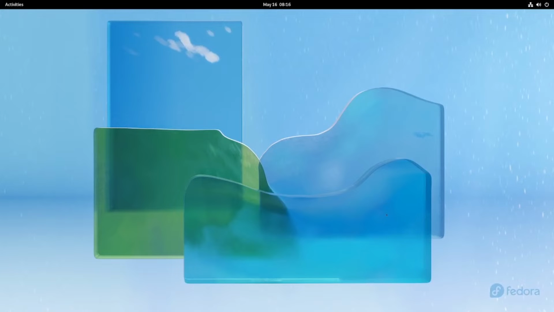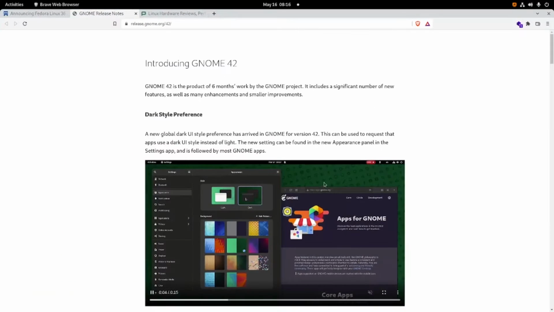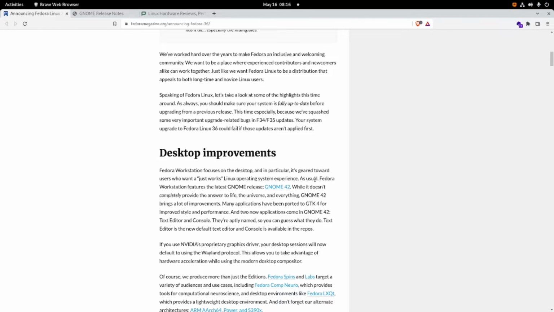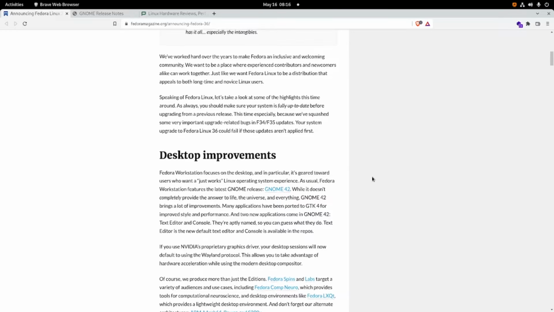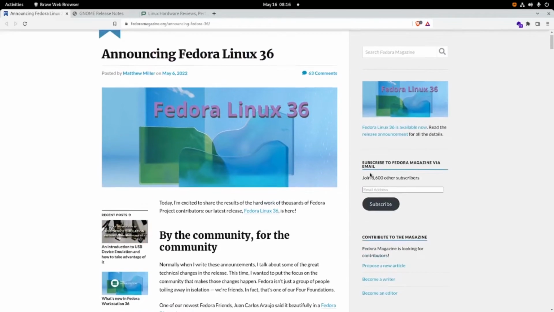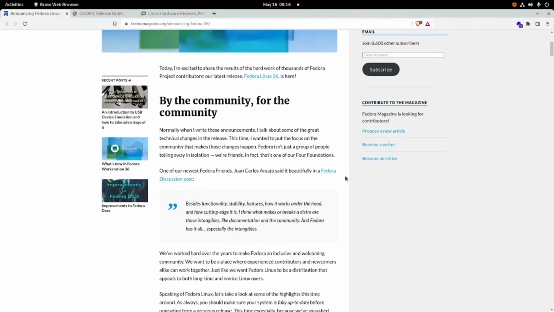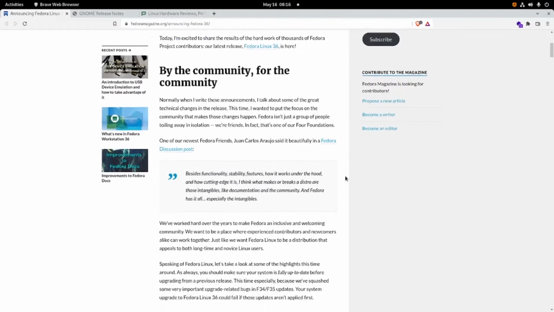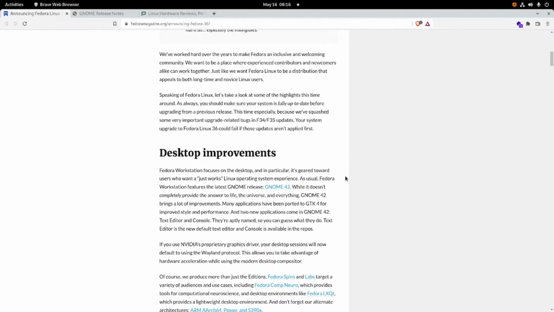Let's try the Fedora 36 workstation. Okay, I will go to my host operating system, and this is the announcement from Fedora Magazine. In here we can read what's new in Fedora 36.